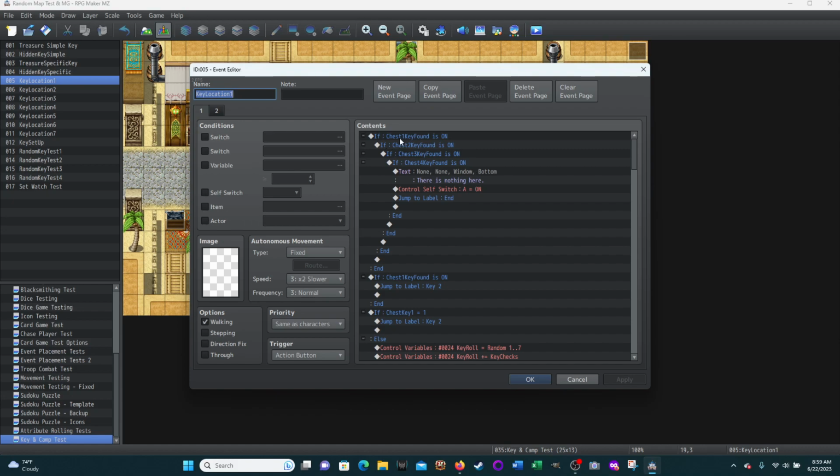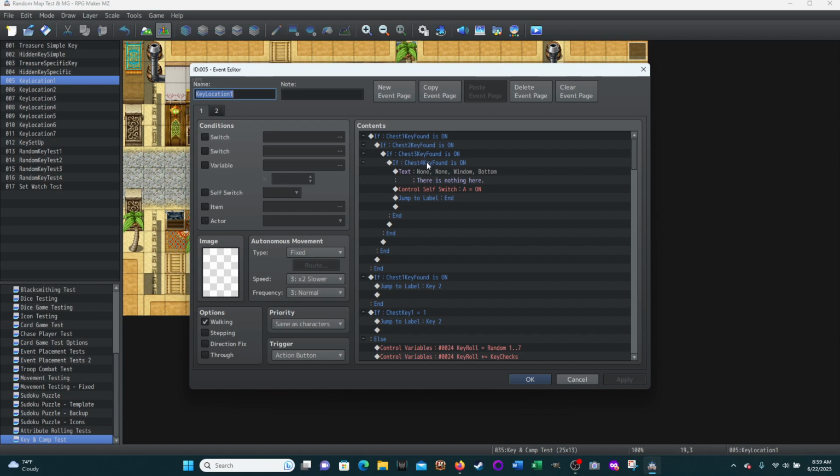Conditional branch, if chest 1 key found is on, that's a switch. And if chest 2 key found is on, switch. And if the third switch is on, and if the fourth switch is on,